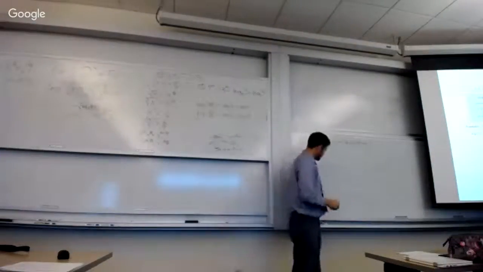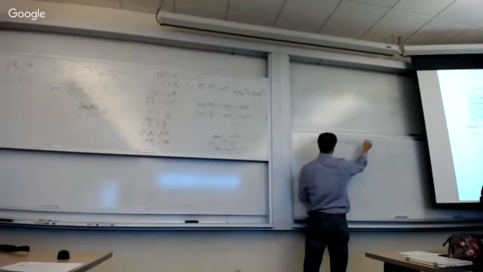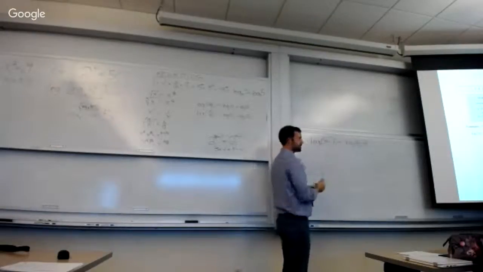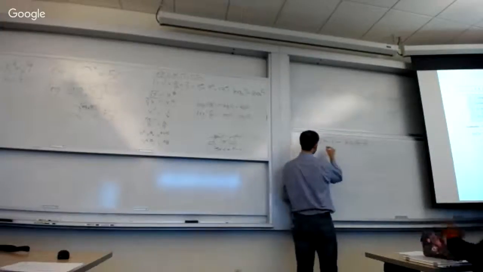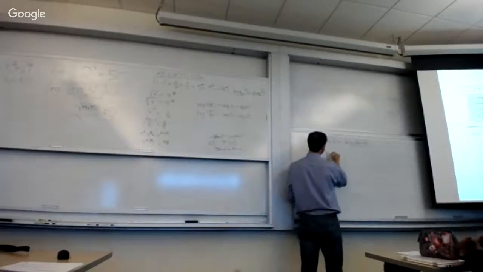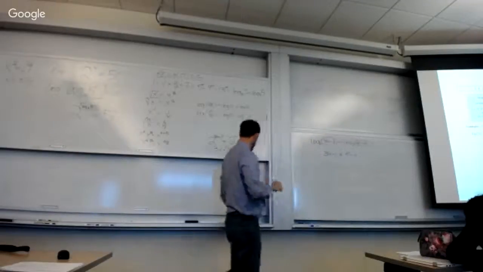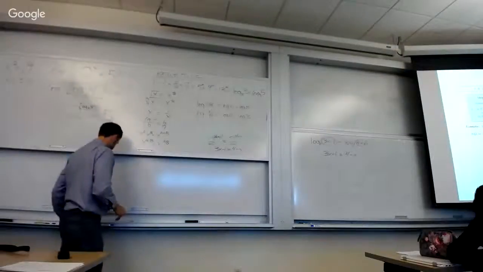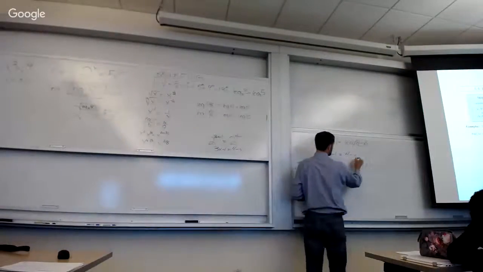And so through sheer logical force, it must be the case that 3x minus 1 and 4 minus x are the same number. Because otherwise, the two sides of the equation wouldn't be the same. So we can go ahead and conclude that 3x minus 1 must be equal to 4 minus x. What we just did was strip away the log part of that problem, and it's just a normal algebra problem now. So as always, you move all of your x's to one side,